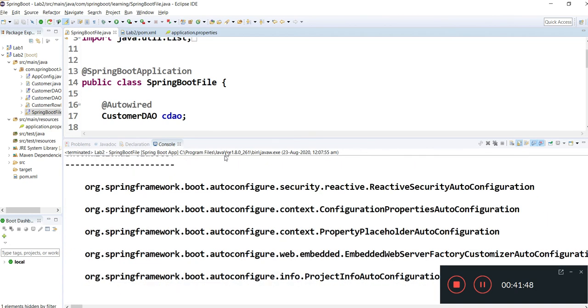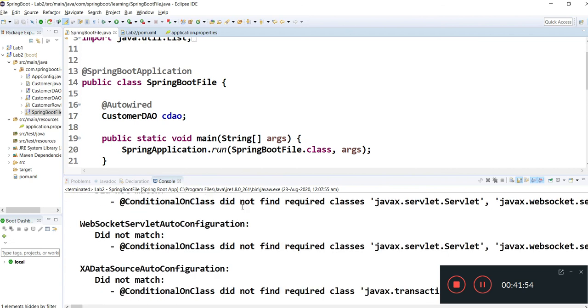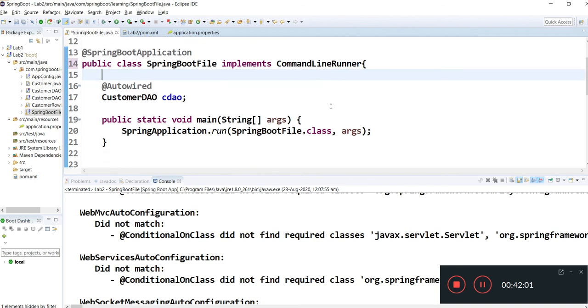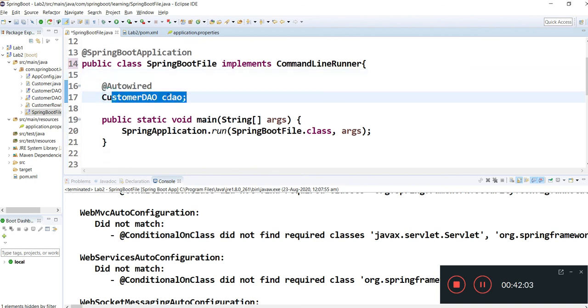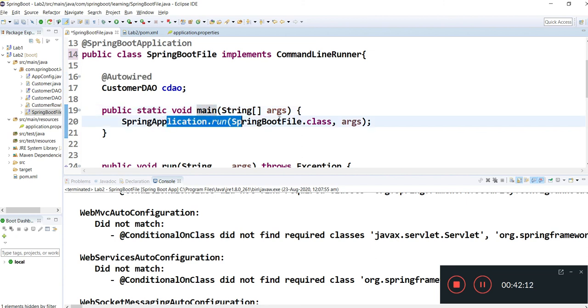So once you write this CommandLineRunner, what it will do is scan the dependencies and inject them, like in our case as of now CustomerDAO, and it will go inside this main method. Inside the main method it will find this run method, and it will start executing whatever is mentioned inside the run method.